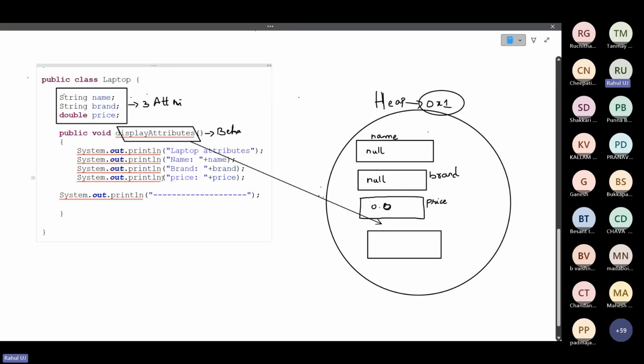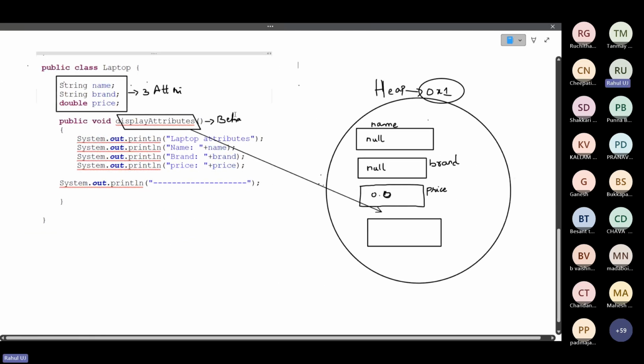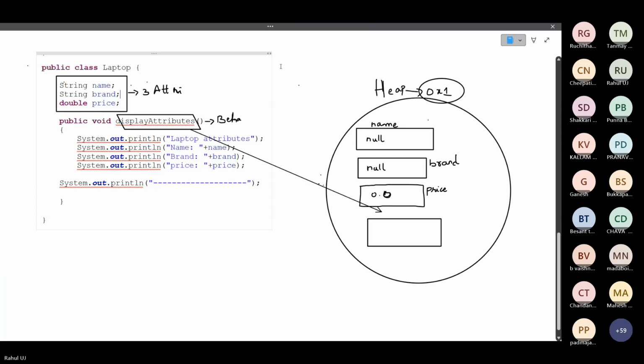So this is loaded by whom? This is loaded by whenever we write new laptop.